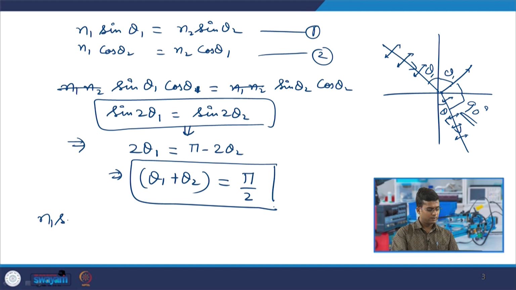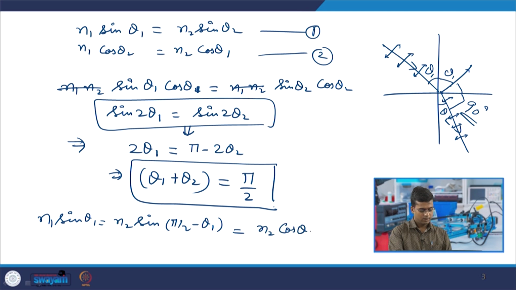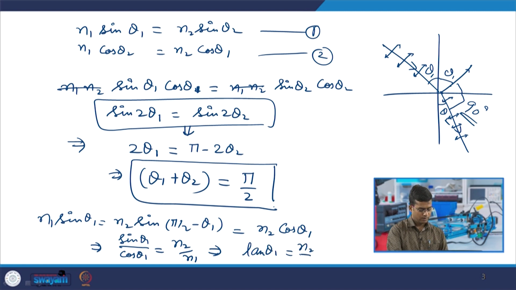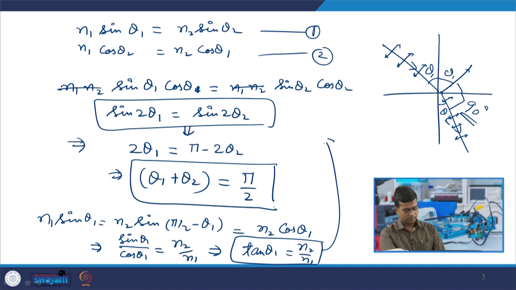So, if you have n1 sin theta 1 is equal to n2 sin (pi by 2 minus theta 1), then that means equal to n2 cos theta 1. So, it becomes sin theta 1 by cos theta 1 is equal to n2 by n1. This implies that tan theta 1 is equal to n2 by n1. This theta is called Brewster angle. So, theta 1 is Brewster angle